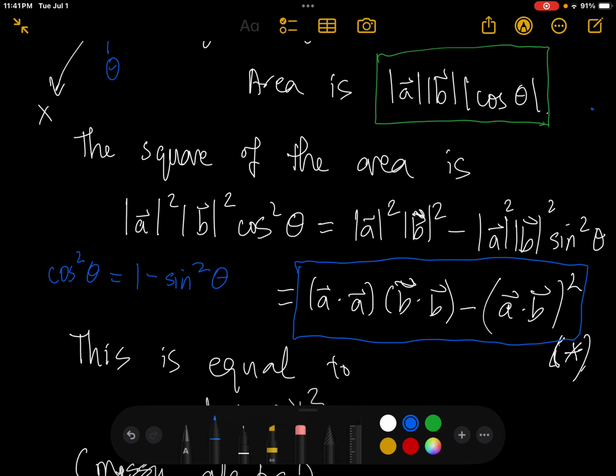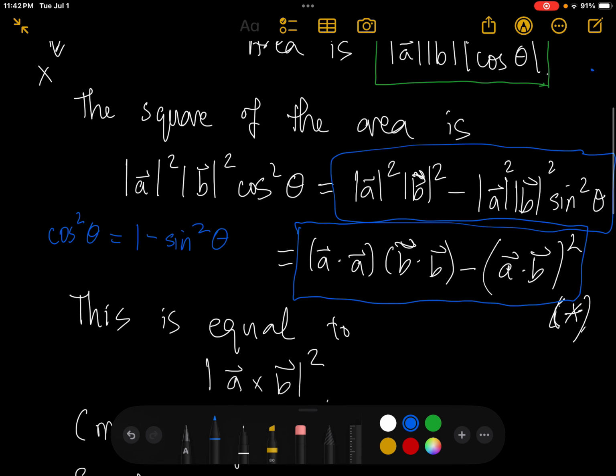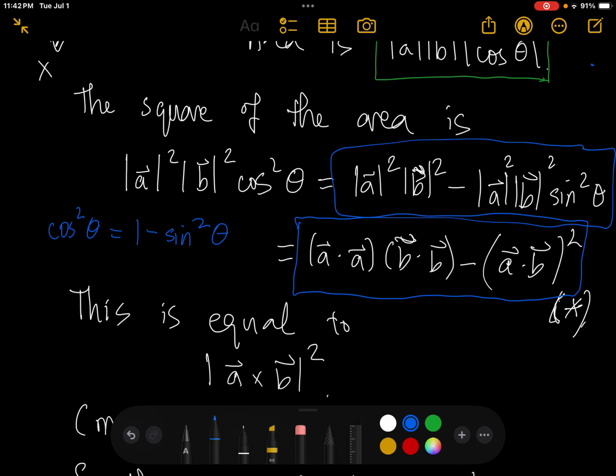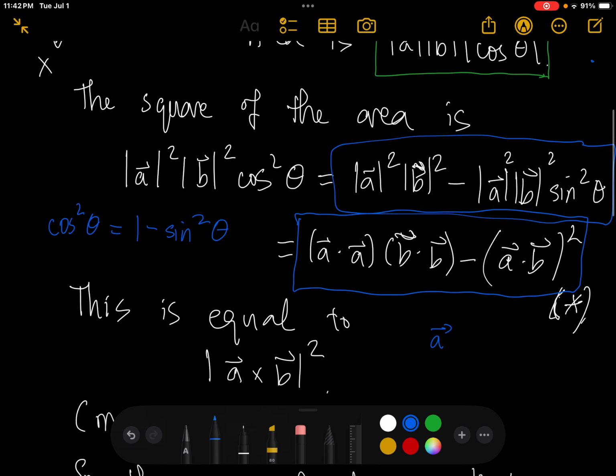So if you multiply both sides by the magnitude of A squared times the magnitude of B squared, and you distribute that, then you're going to get this quantity here. And the magnitude of A squared and the magnitude of B squared is just A dot A and B dot B. So I just rewrote this. And then A dot B, remember that A dot B is the magnitude of A times the magnitude of B times